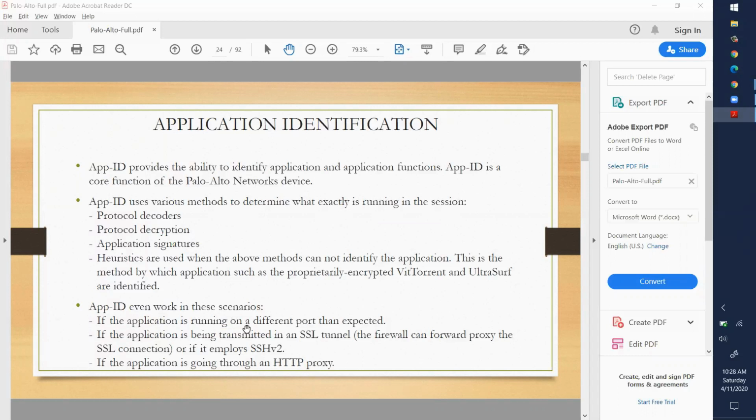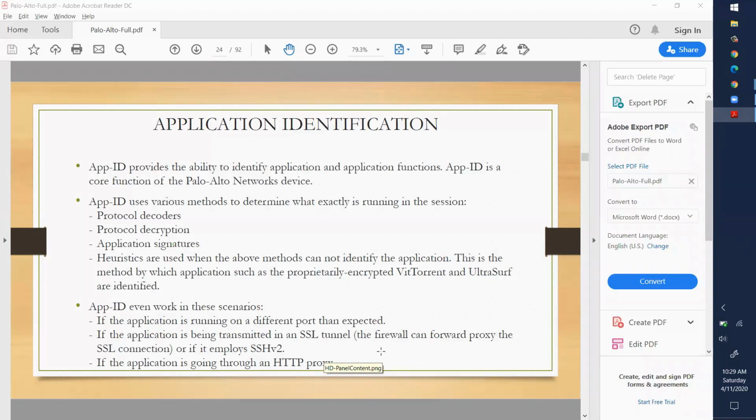If the application is running on a different port, for example, if you have HTTPS traffic and you have changed it so that HTTPS is working on port 8443. HTTPS usually works by default on port 443, but you have changed that particular port from 443. Now it is working on 8443.